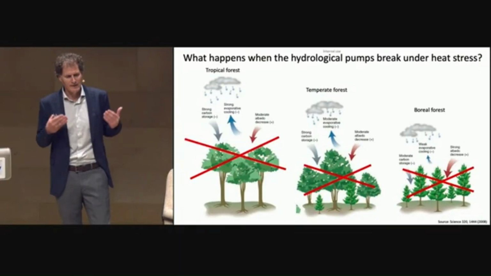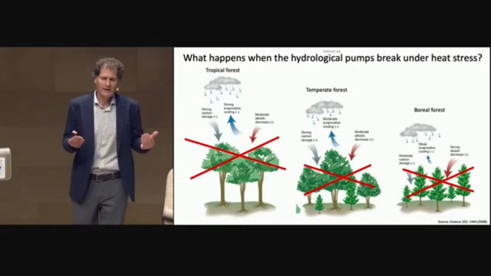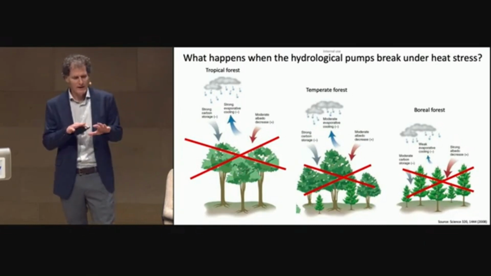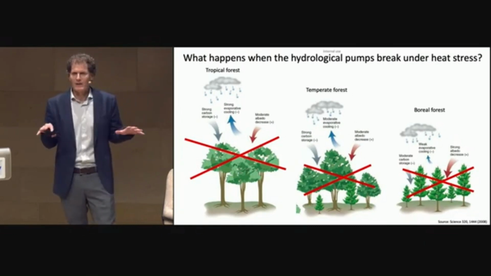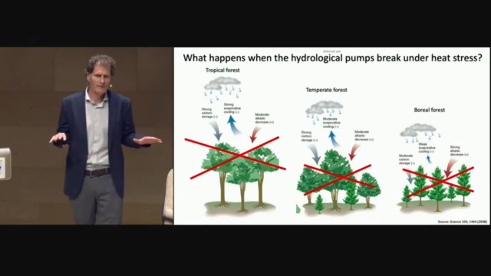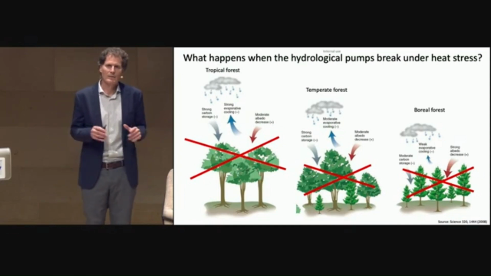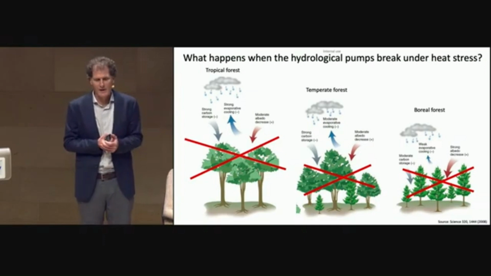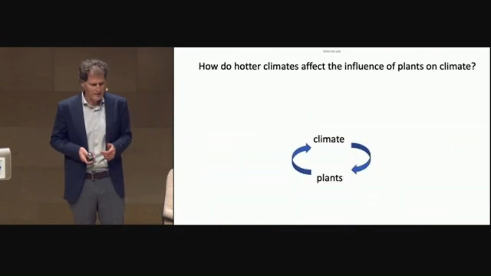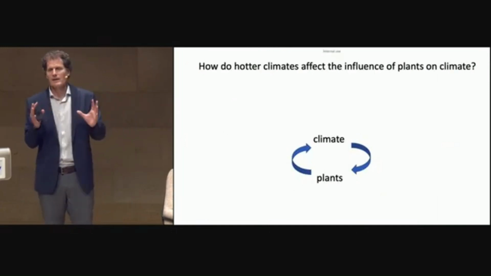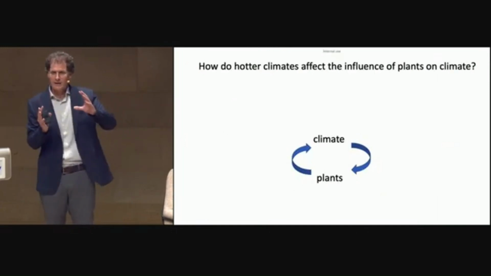So the question we're asking, back to this problem of heat and global warming and how that's going to affect processes and food security in the future: what happens when plants, when these canopies, whether they be natural systems or agricultural systems, begin to fail and become stressed? Because they're biological systems, like all biological systems, they're vulnerable to breakdown under stress. And so we have this basic concept of plants interacting with climate and these feedbacks going on.